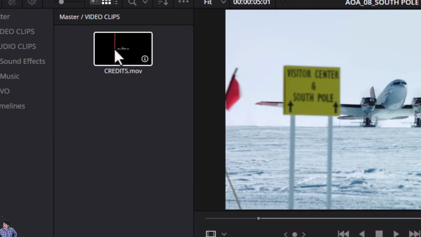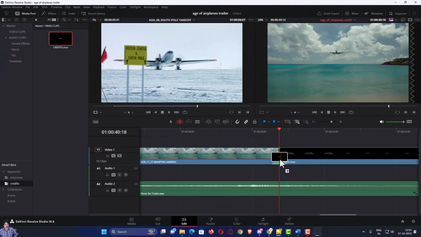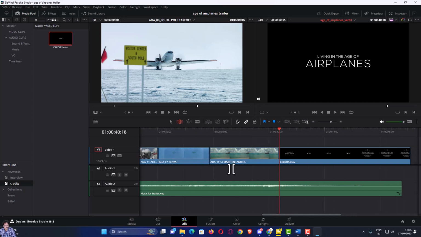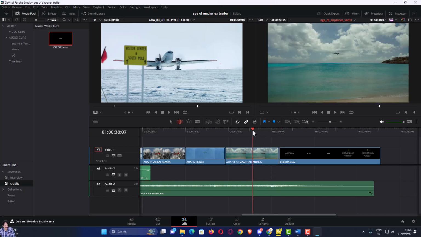I can now just drag this and drop it over here. And once I drop this, one thing is, if I press Alt and zoom it out, you can now see here the audio beat is changing. So if I play it,